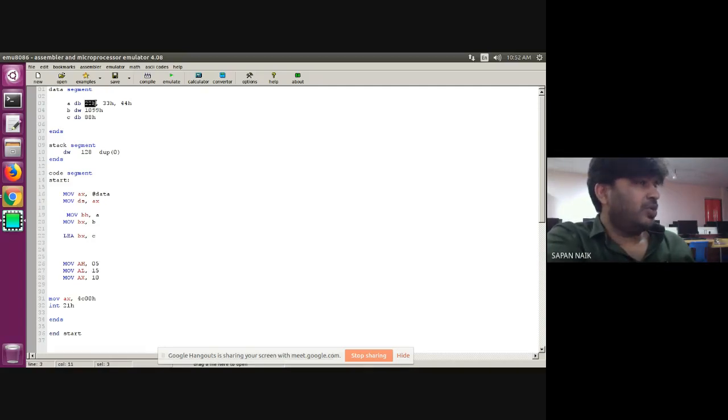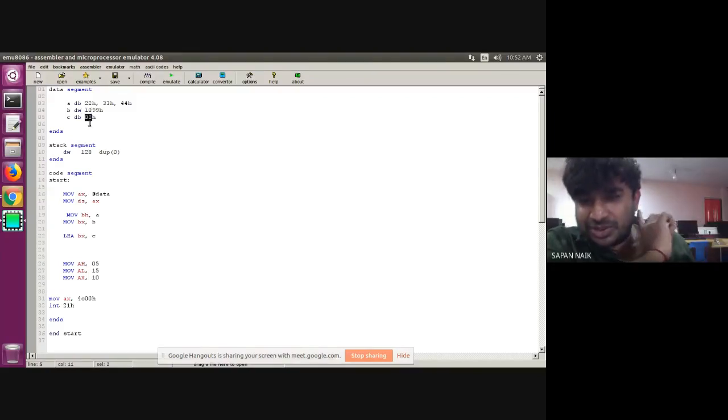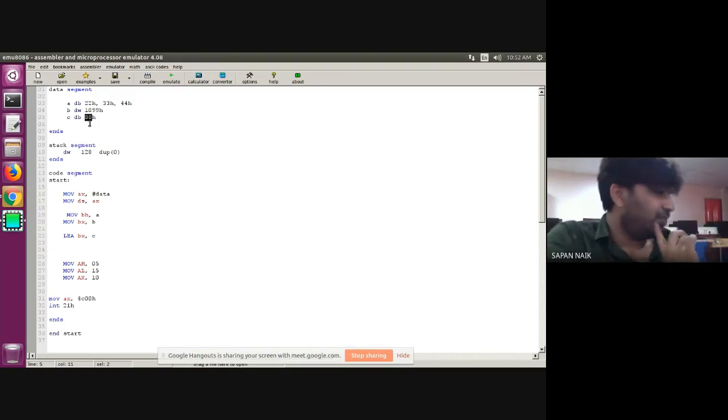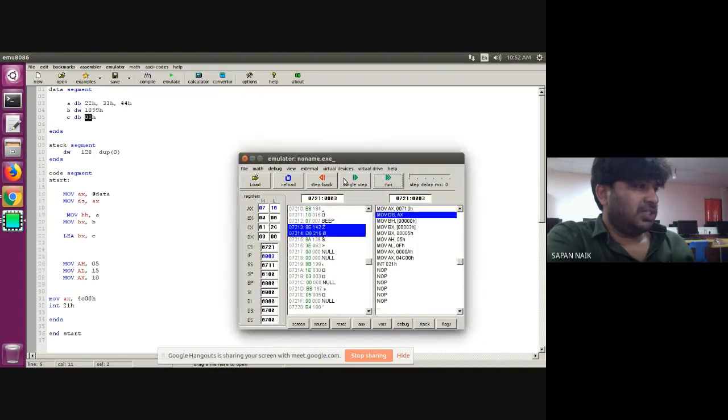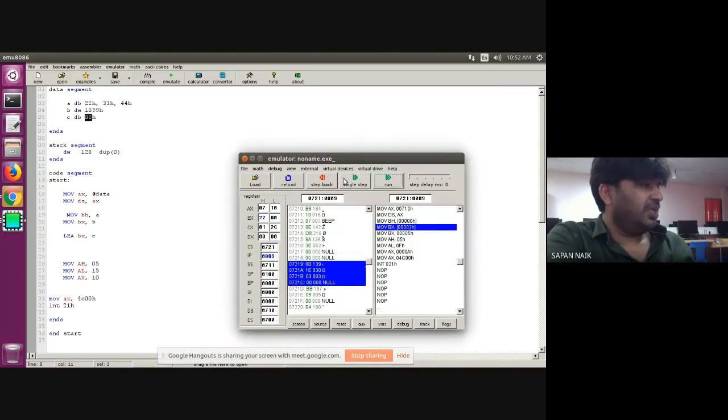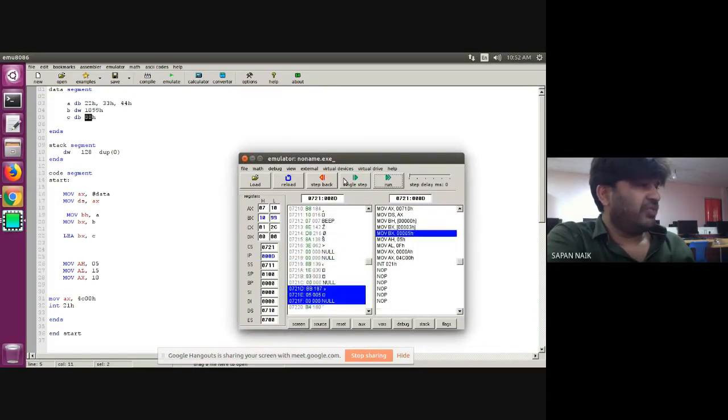So, concentrate here. 22 is stored on location 0. This is location 1. This is location 2. This is location 3. This is location 4. This will be on 5. So I think 0005 should go into BX. Let's see. Single step. BH will contain 22, then it will contain 1099.